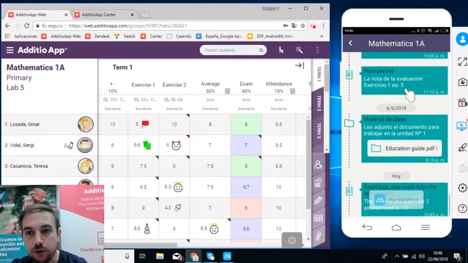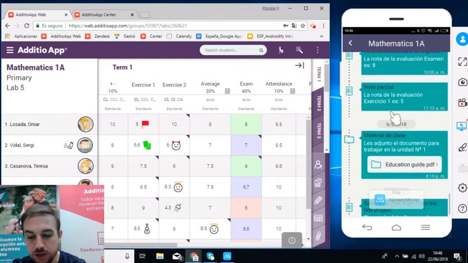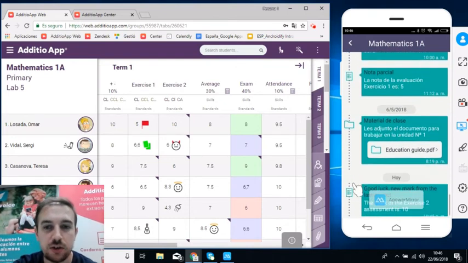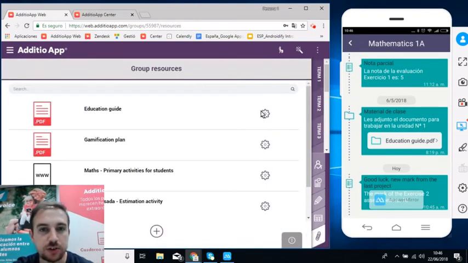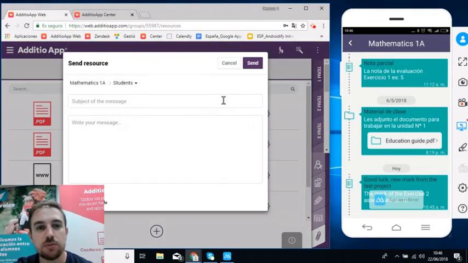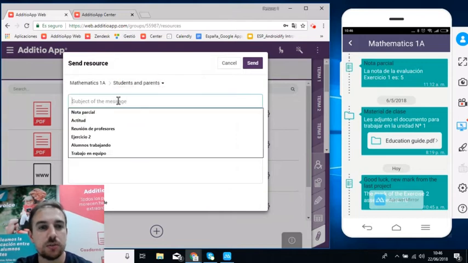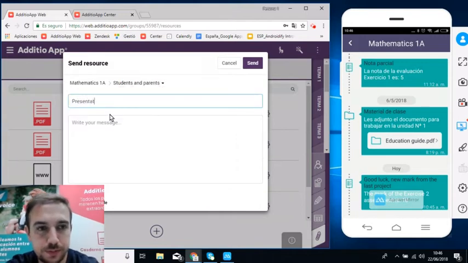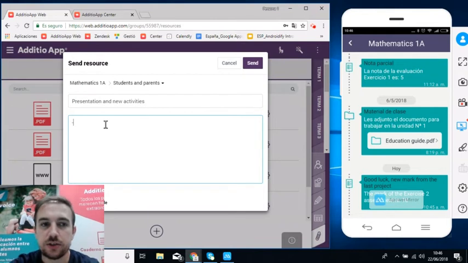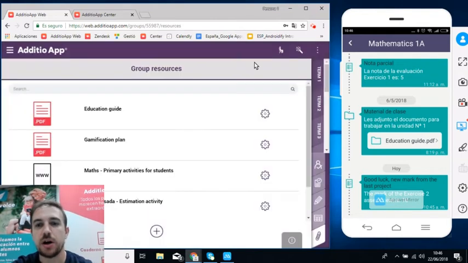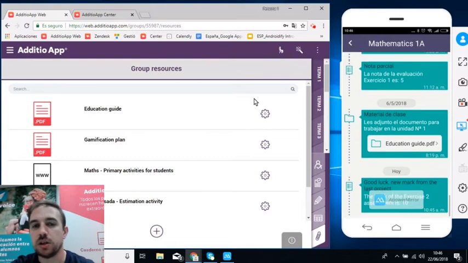And here I have all the flow of everything that's going on in my class, a resource that has been sent. For example, I can be on the resources, and here, as a teacher, before or after the class, I can go here and click Send by Edvoice and send. This is the presentation and new activities. Okay, and I can send this directly to the students or parents,